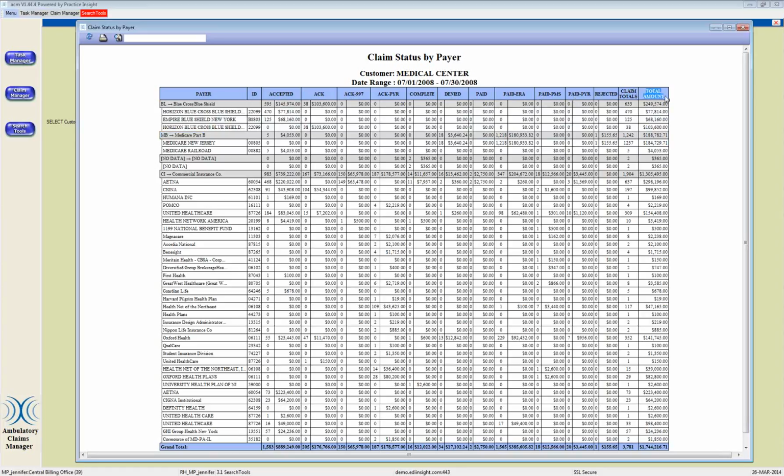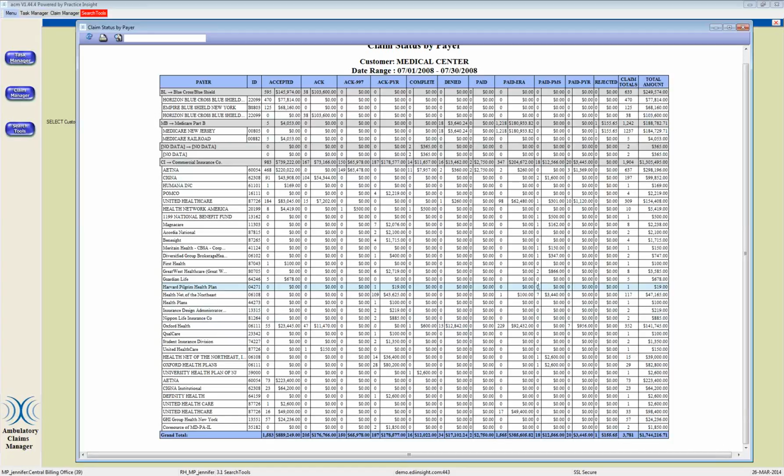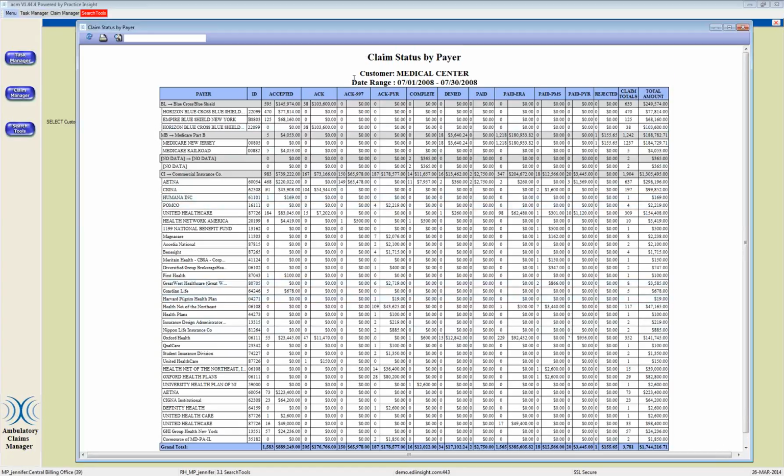All right, total claim amount. This is not going to let you drill down to get patient information of which ones are denied or which ones are rejected. That's going to come from the rejection report itself. All right, this is really just a quick snapshot of the claims for that date range and kind of where they fall